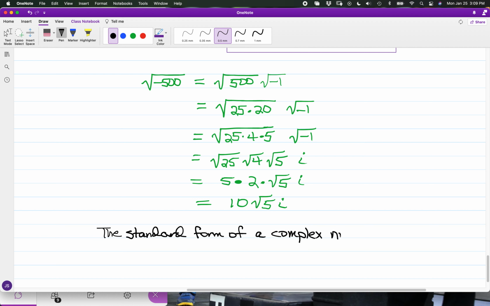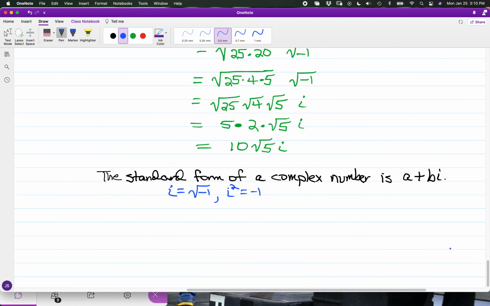Okay, and that's going to be a plus bi. Just to restate, again, i is equal to the square root of negative 1, and we have that i squared is equal to negative 1. And let's say that if you're looking at complex numbers and are trying to write in terms of the standard form,